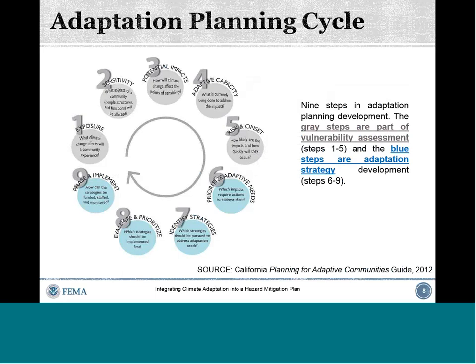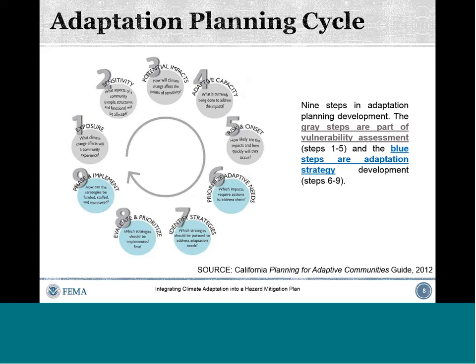So the hazard mitigation planning has steps set up for it, has requirements that are necessary. This adaptation planning cycle is if a community wanted to do a separate adaptation plan, here are steps you could move forward. I'm presenting this to show the overlap between the hazard mitigation planning process and this potential planning cycle,